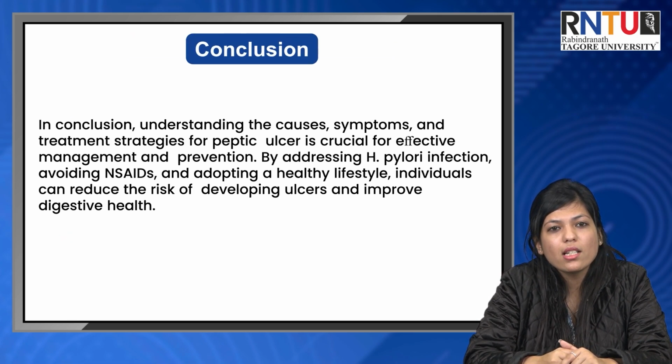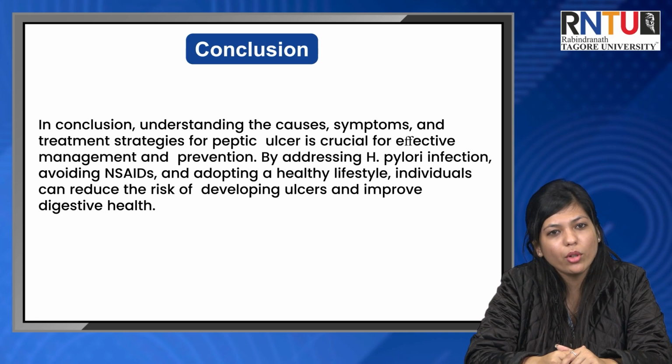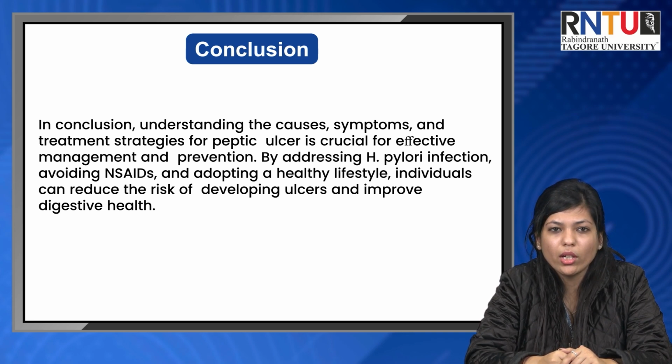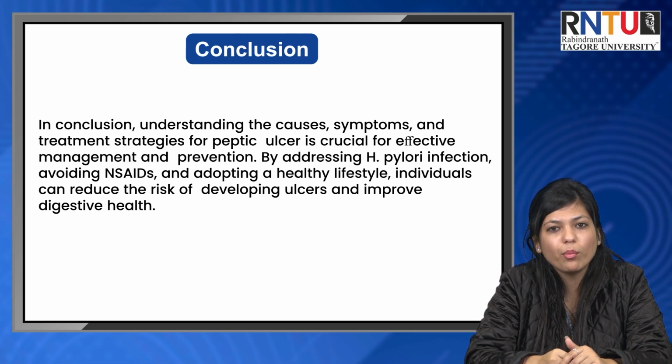Conclusion: understanding the causes, symptoms, and treatment strategies for peptic ulcer is crucial for effective management and prevention. By addressing H. pylori infection, avoiding NSAIDs, and adopting a healthy lifestyle, individuals can reduce the risk of developing ulcers and improve